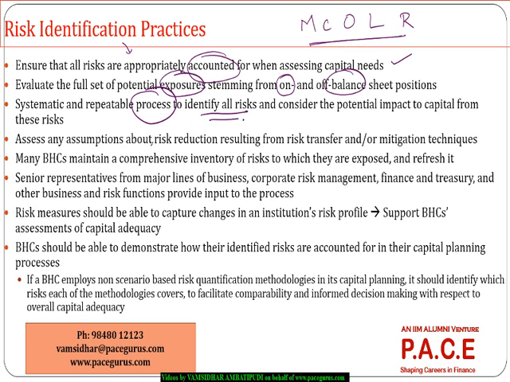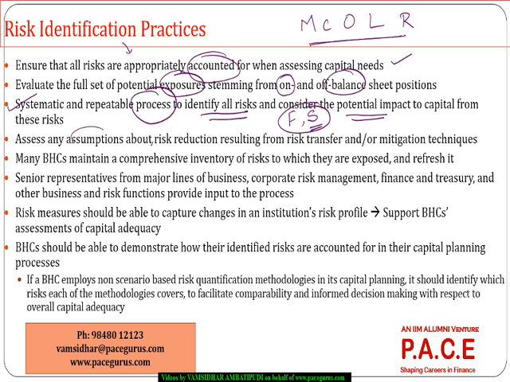So evaluate that aspect and set a process which can be repeatable, which is more systematic, so that all the risks can be identified at regular intervals of time, and at the same time for every risk I can very well assess the frequency of occurrence as well as the potential severity and how much it will typically impact the capital. At regular intervals of time, this monitoring should happen and this assessment should be done. So there should be a proper process in place.